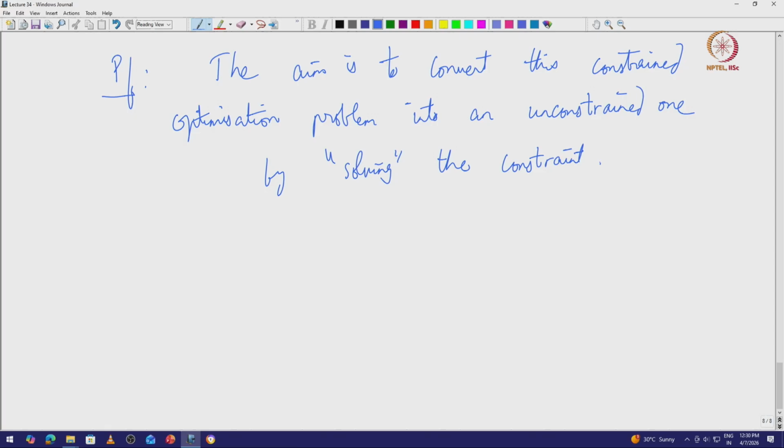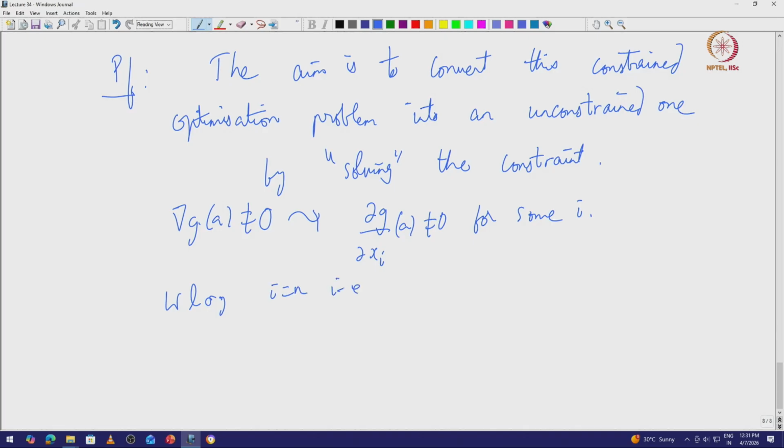What does this mean? Since gradient of g of a is not 0, that means dg by dxi of a is not 0 for some i. Now, without loss of generality, assume that i equals n, that is, dg dxn of a is non-zero. If it is not n, the same argument would apply anyway. It's just simpler to assume it's n. Now the point is, by the implicit function theorem,